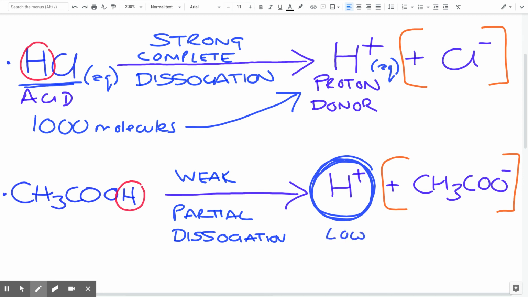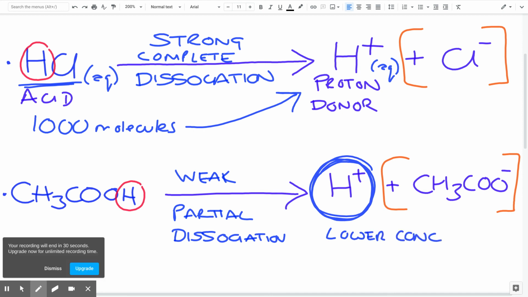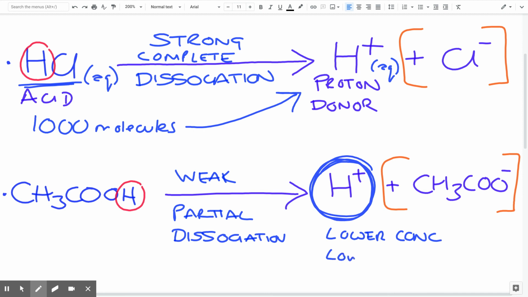And as we'll look at numerically, a lower concentration of hydrogen ions in solution leads ultimately to a lower pH and what we regard as a weaker acid than HCl, because we've got this dissociation effect. And partial dissociation would ultimately be regarded in a complete discussion as an equilibrium, whereby we're having partial dissociation of the ethanoic acid compared to complete dissociation